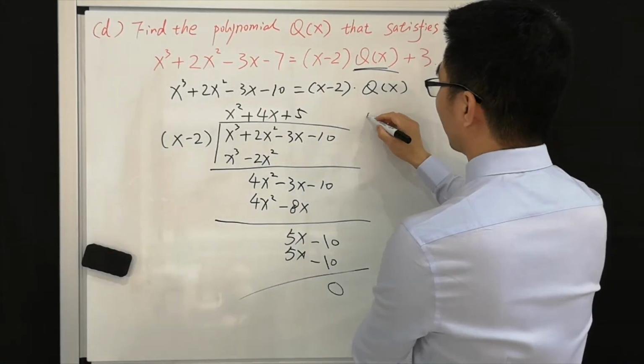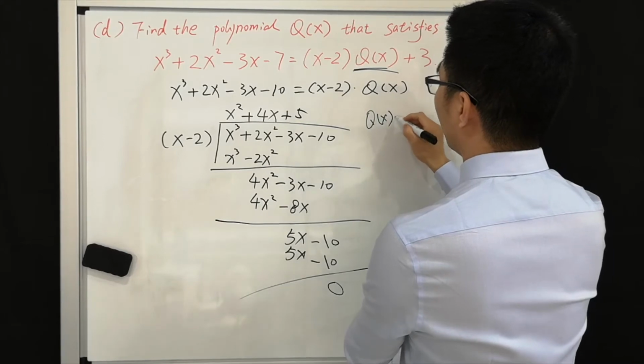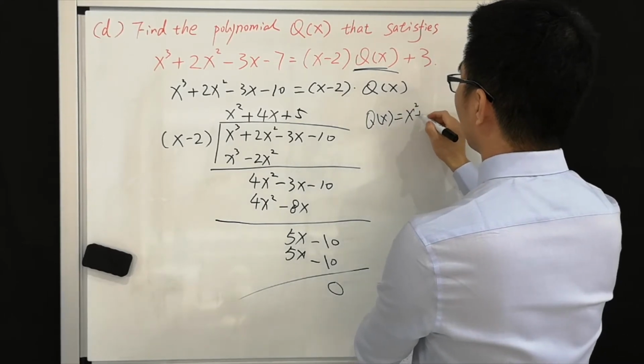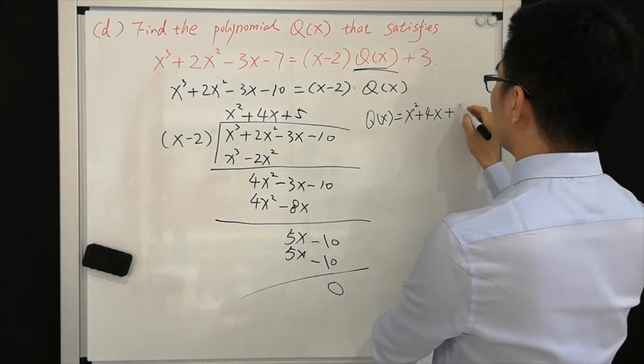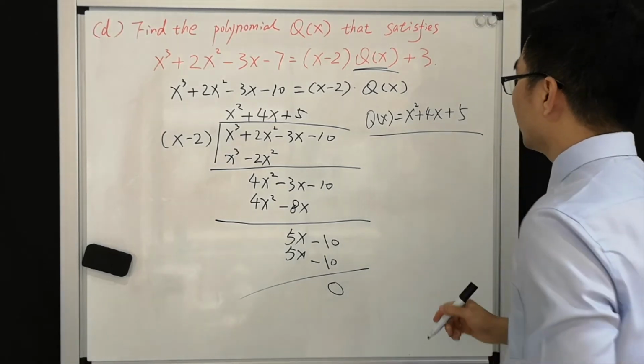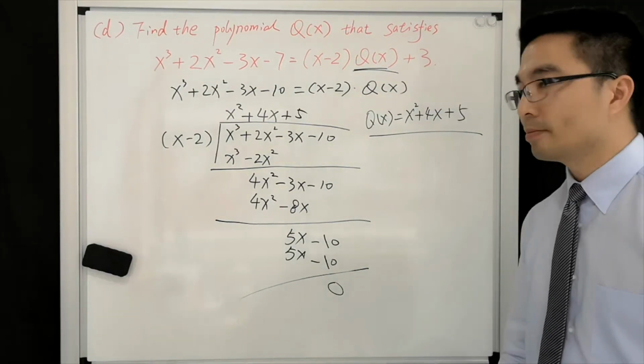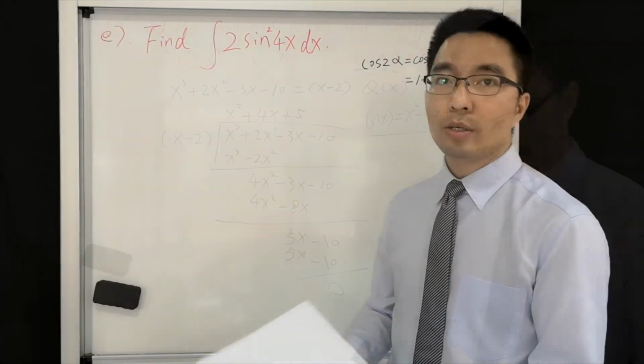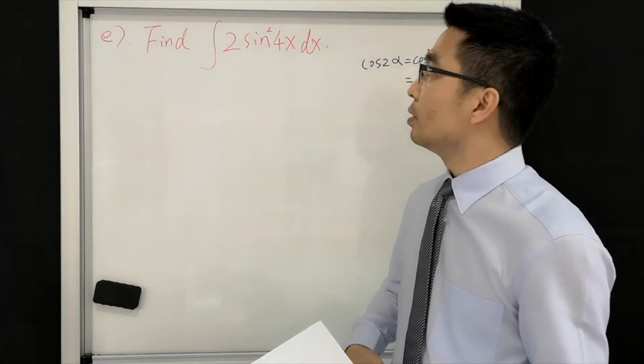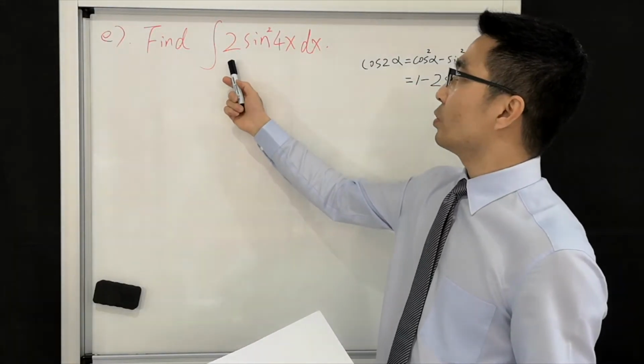Okay, so we have Q(x) equal to x squared plus 4x plus 5. Okay, that is your final answer. Okay, moving on to question E, to find the integration of